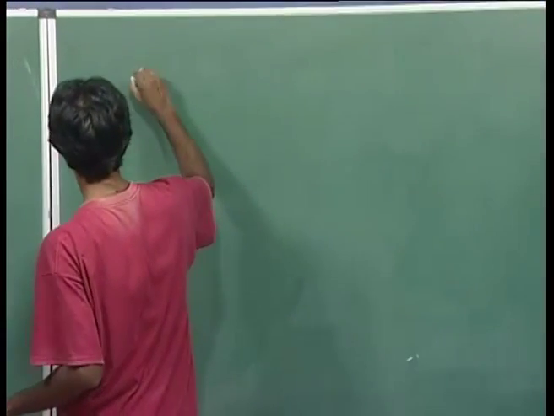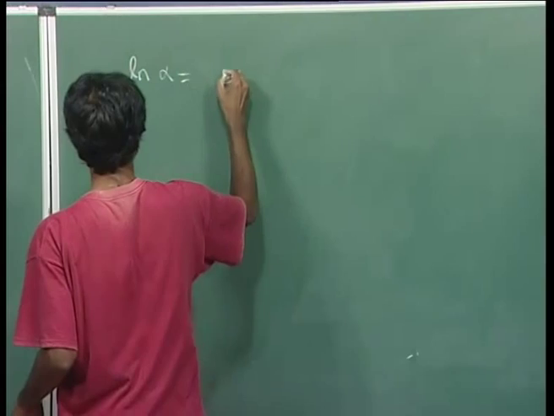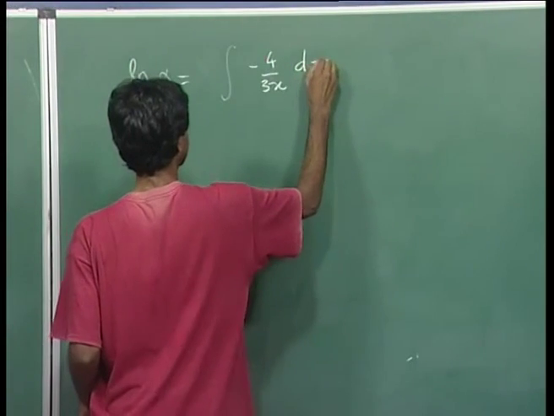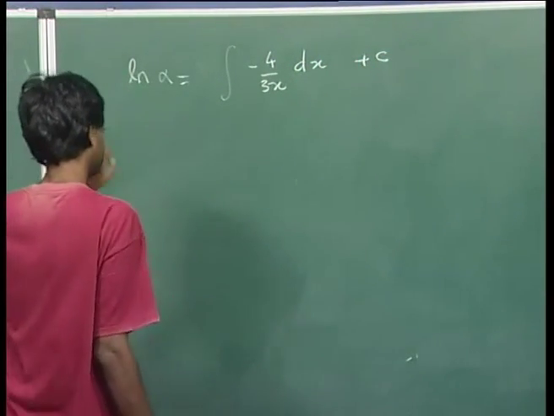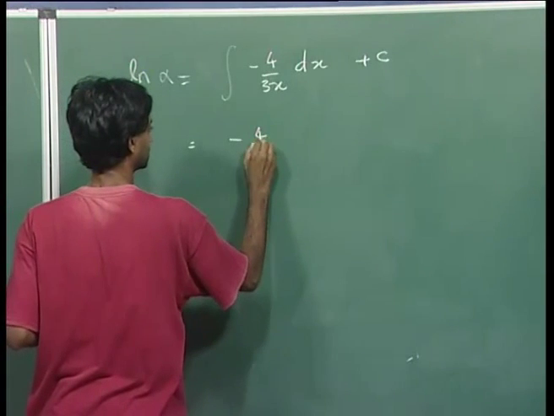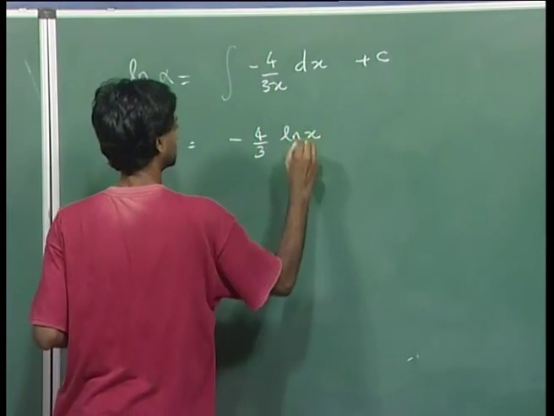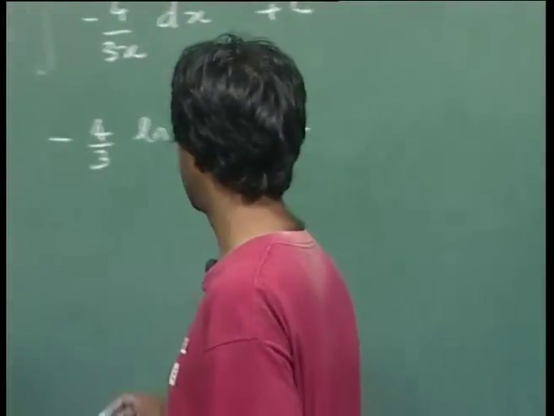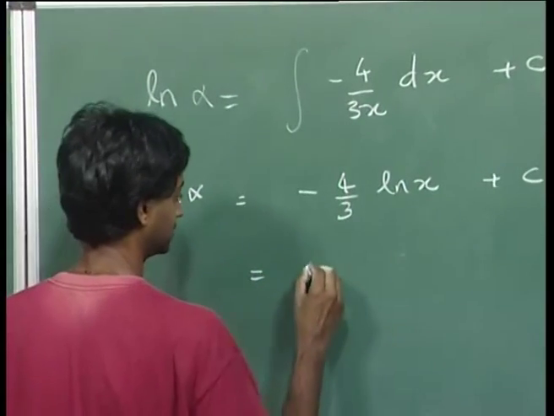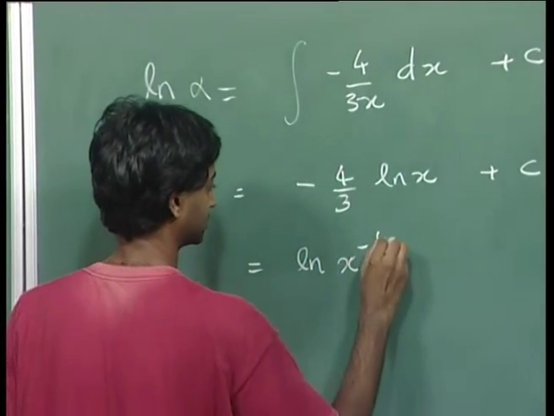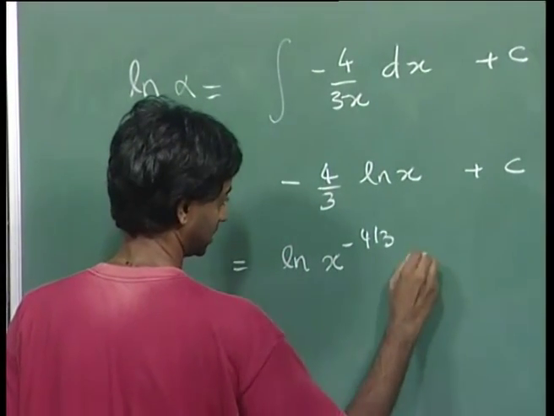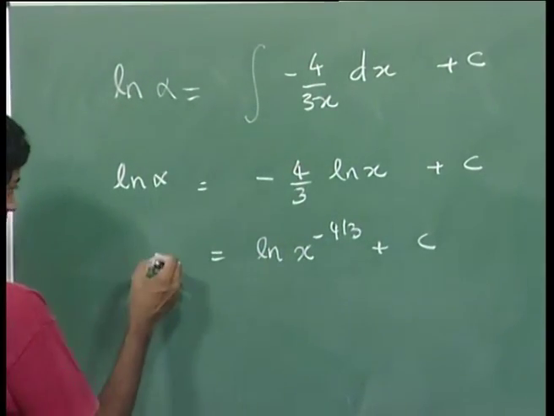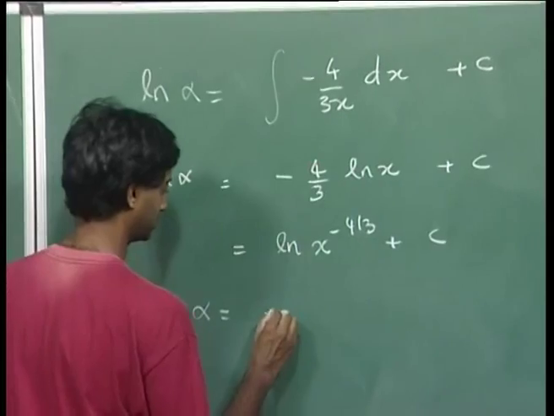So, you will say that ln alpha is equal to the integral of minus 4 by 3 x dx plus a constant, and if you work this out, you will get ln of x to the minus 4 by 3 plus a constant, okay, and you can write alpha is equal to e raised to c